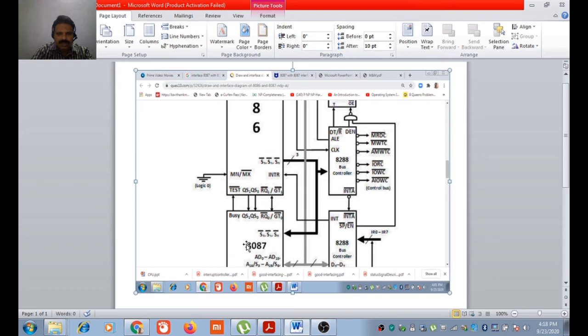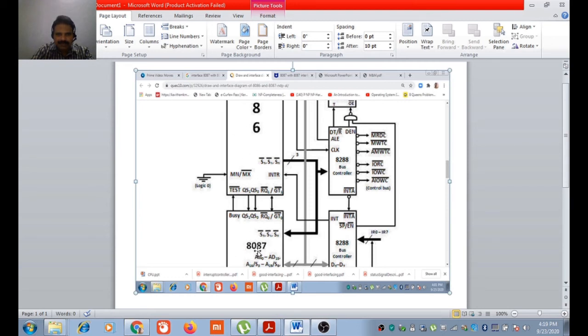8087 has to read a lot of data and compute the result, and 8086 can proceed the execution of the program only after getting a result from 8087. So it will check the TEST bar pin. When 8087 is calculating the result, it will make the BUSY pin logic high. When the WAIT instruction tests this pin TEST bar, it knows it is logic high. This 8086 will remain in the wait state.